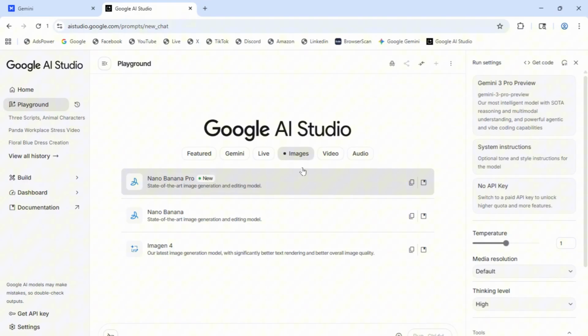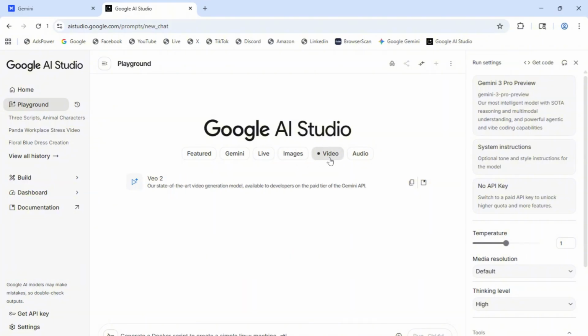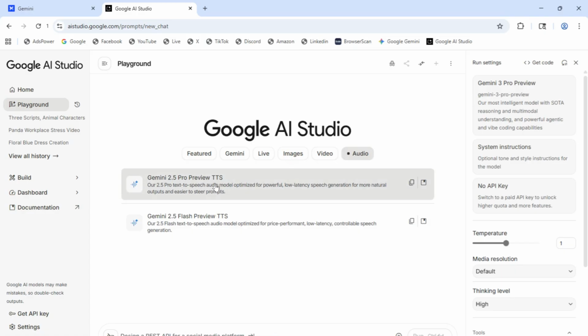In addition, Google AI Studio also has models for video and text-to-speech conversion. I will specifically create videos to compare them with other